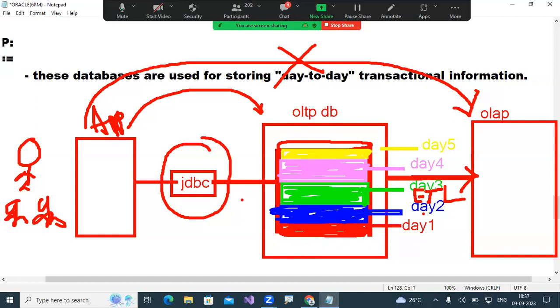Every day I'm not in front of the system. Yes or no? Then how do I know your OLTP is full? Then you can go and transfer. This is the manual process. If you go to the manual process, it's very tough. That means what I want to do, 24/7, one person standing here. The person's work is what now? OLTP full हो गया है, इसको transfer करो. Full हो गया है, transfer करो.